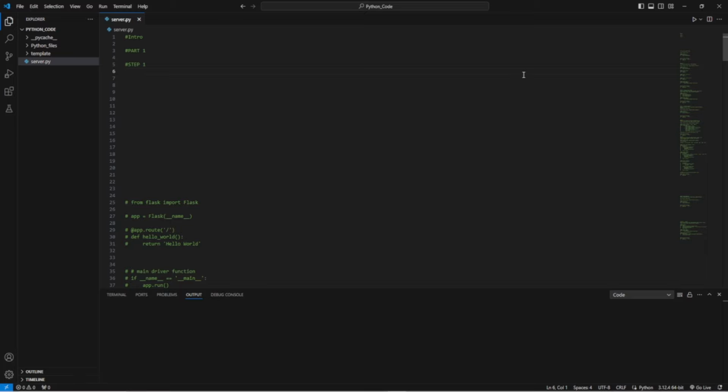Hello and welcome to the start of a new series of tutorials where I will be showing you in depth how to build your very own server using Python. What I will be doing is starting off with something very simple, and then as the episodes go on we'll gradually get more and more complexity. So we're going to start off with just a simple one-page